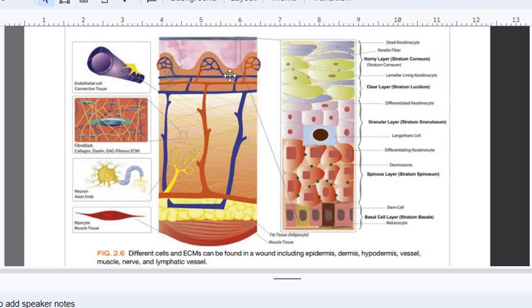gets started. Dermis is basically made up of connective tissue, which includes fibroblasts, neurons, and blood vessels, and these all connect with each other to provide nutrients and oxygen to our epidermis, and for the regeneration of our epidermis and for the healing process of our wound. So whenever there is any damage to the skin, epidermis is basically the dead layers, and the dermis provides the healing chemicals or